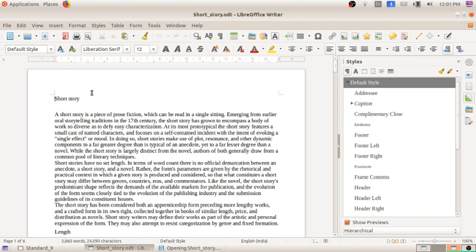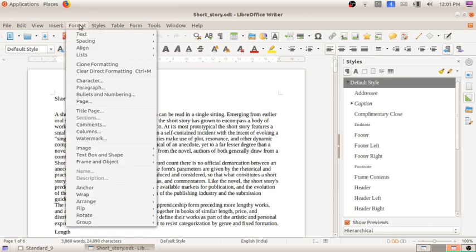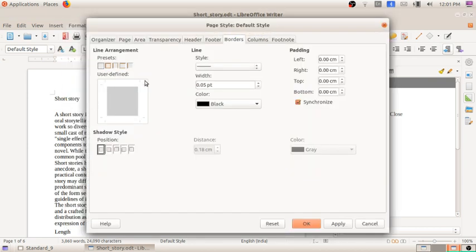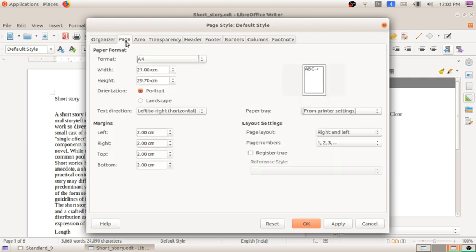For that, the first thing we have to know is the features of the page. Go to the Format menu. In the Format menu, take the option Page. You will get the option Page Style, and a window will open. Go to the Page tab. Here you can see the margins. The margins are already set by default to 2 cm, so there is no need to change the margin. Again go to the paper format.